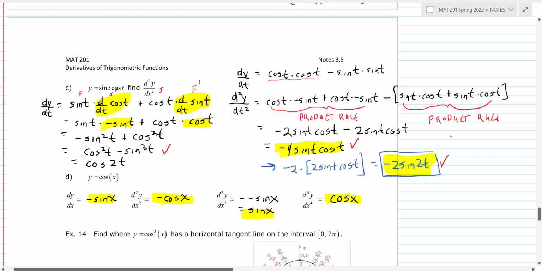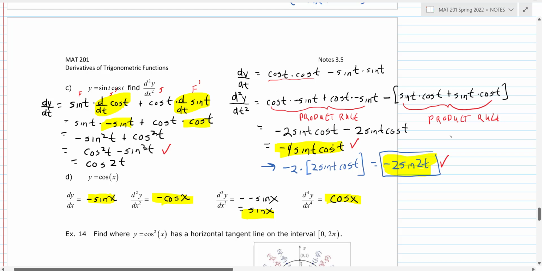So when you do that product rule twice, these are like terms. That's negative 2 sine t cosine t. And then this whole thing right here becomes negative 2 sine t cosine t. Okay? So these are like terms, see? So you can put that together to get negative 4 sine t cosine t,